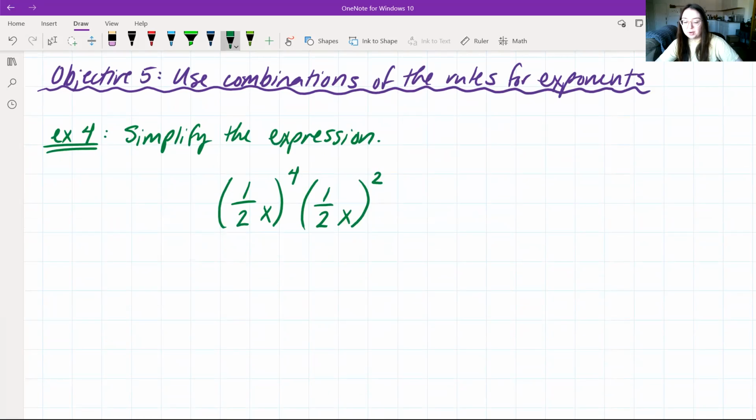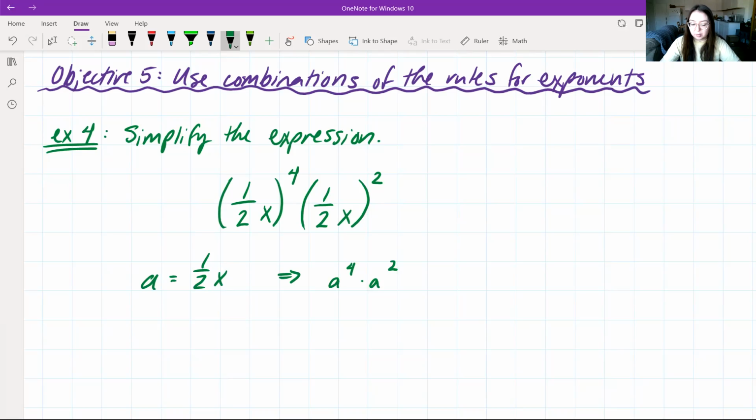Objective 5: we want to use combinations of the rules for exponents. So example 4, we want to simplify the expression: 1/2 x to the power of 4 times 1/2 x to the power of 2. If we want to do some labeling, we can say that a is going to be equal to 1/2 x. In this case, it would turn our problem into a to the power of 4 times a to the power of 2,